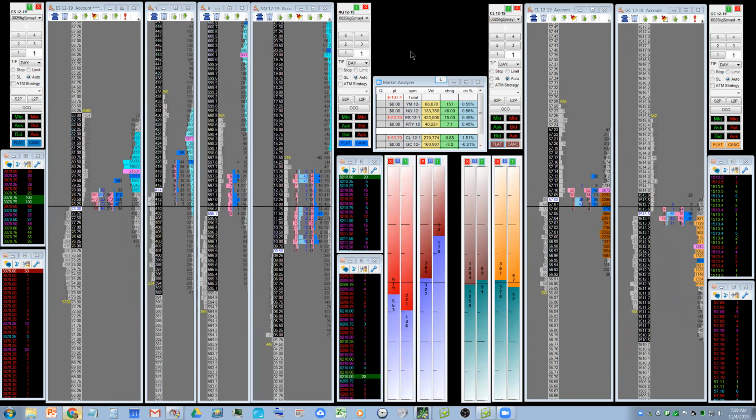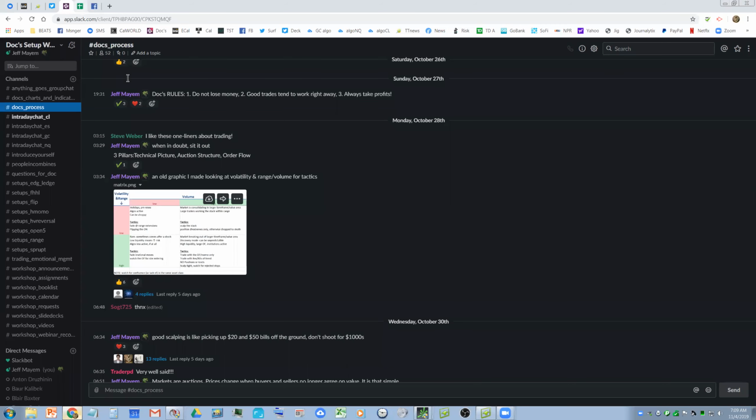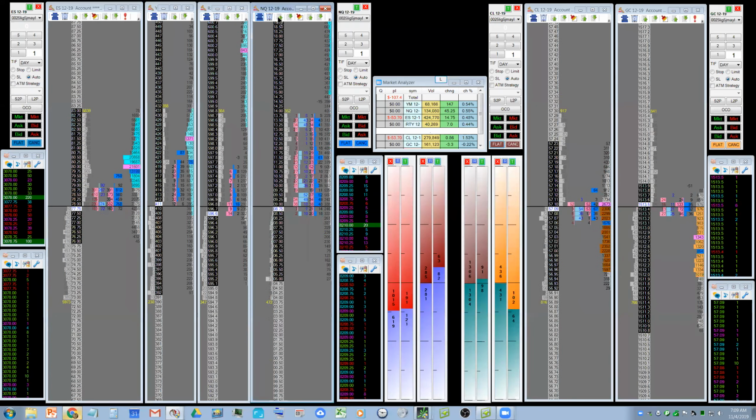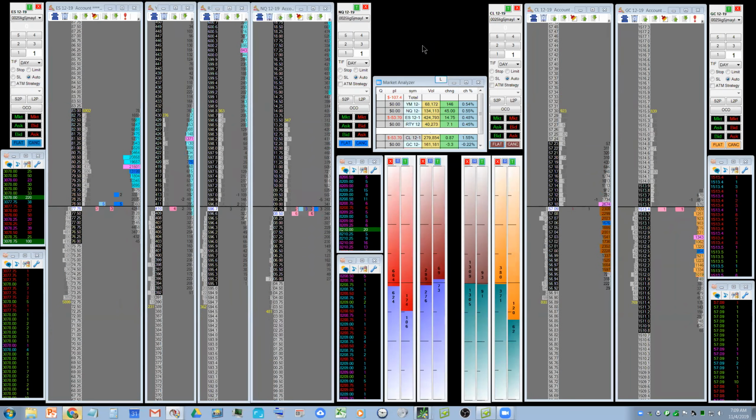Don't come in with a preconceived notion. Do your homework, understand the technical picture. Understand where you might be interested, and then if you don't get any high opportunity setups, sit it out. When in doubt, sit her on out. That's how they say it in Alabama.